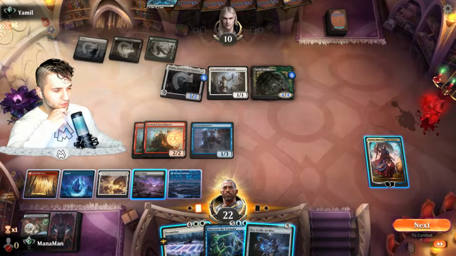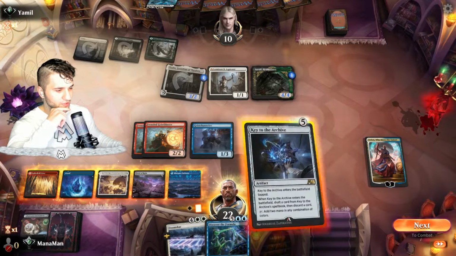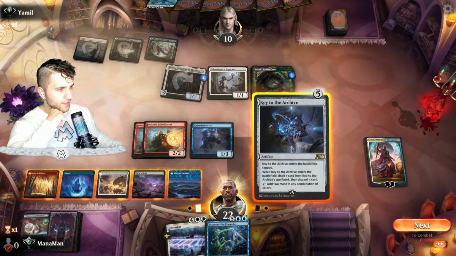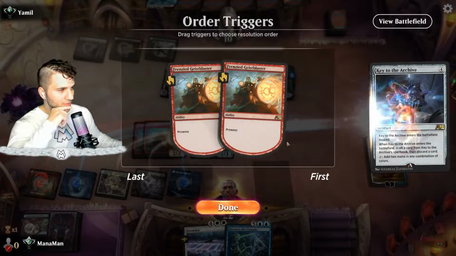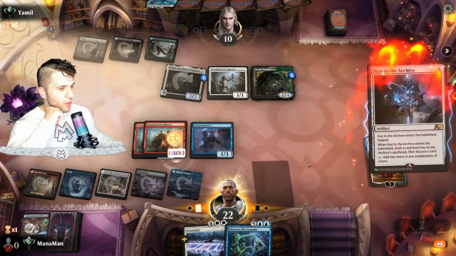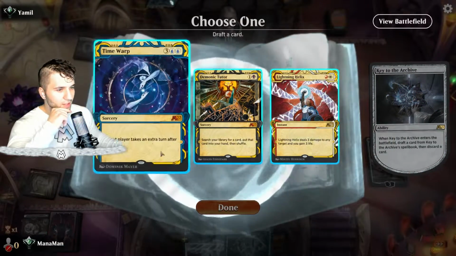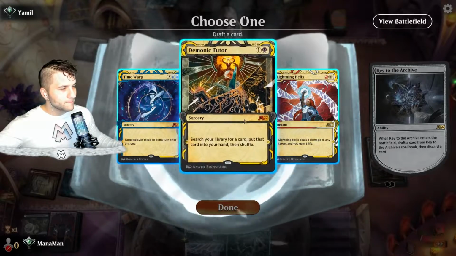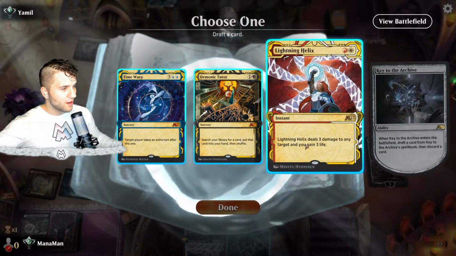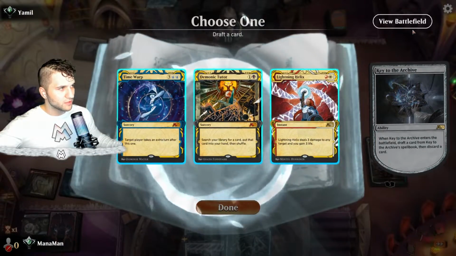See, we can do some things here. 1, 2, 3, 4. Unfortunately, cannot do any discover formulas or anything. Let's go for Key to the Archive. Whatever. We get some prowess going. Not going to matter too much. Let's do some drafting. Target player takes an extra turn. I like extra turns. I don't know about you. Search your library for a card. Deal 3 damage, gain 3. Life's not in any trouble, so...